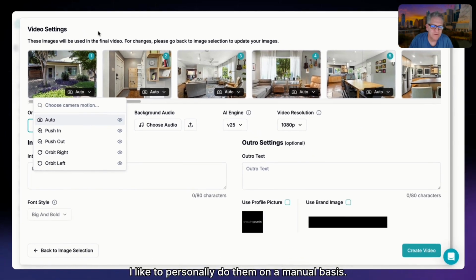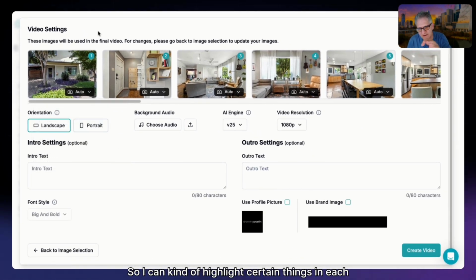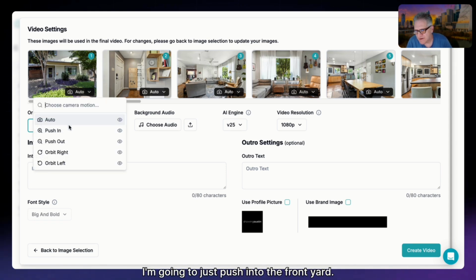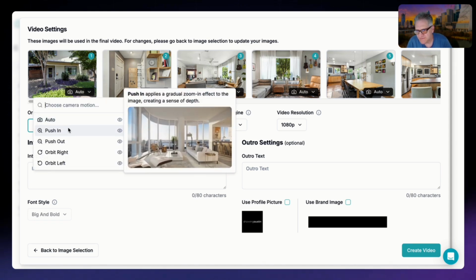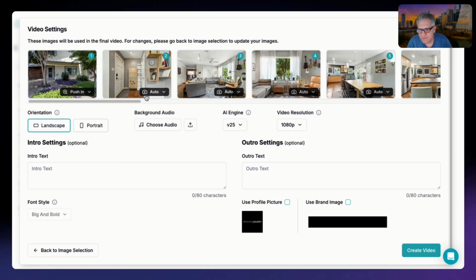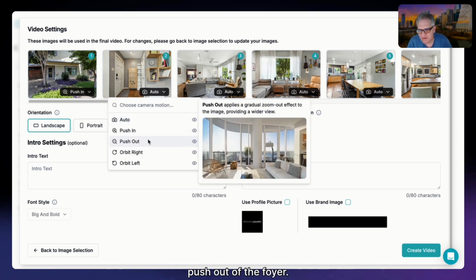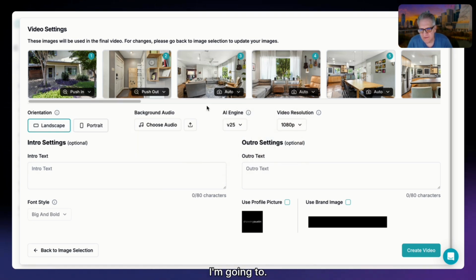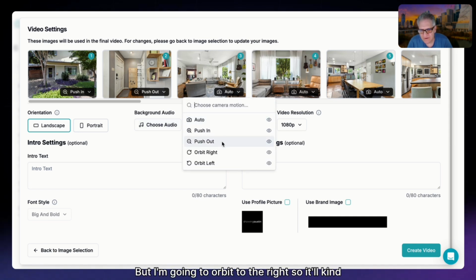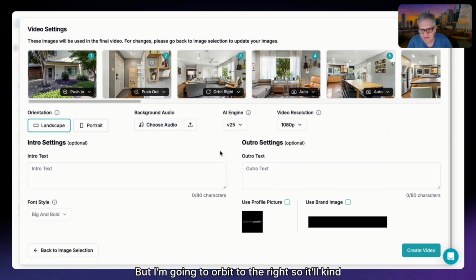I like to personally do them on a manual basis so I can kind of highlight certain things in each room. So I'm going to do that real quick and show you what I do here. I'm going to just push into the front yard. I'm going to push out of the foyer. I'm gonna probably orbit into this living room here, but I'm gonna orbit to the right, so it'll kind of